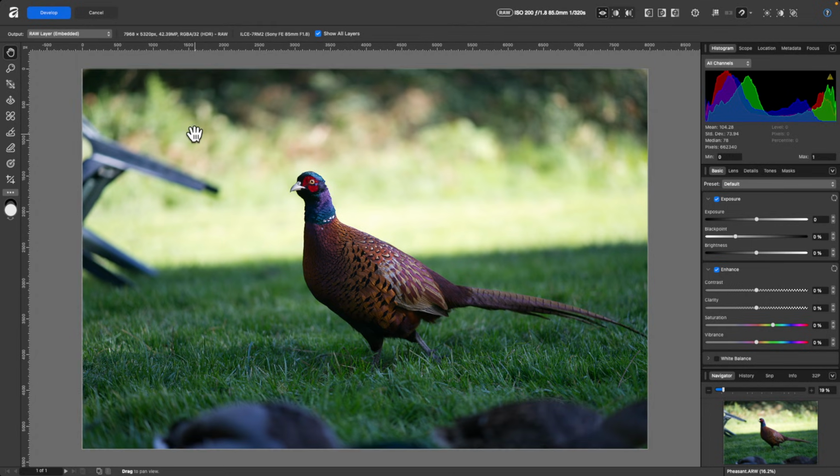So when you first open a RAW photo in Affinity, it will open up in develop mode, and you can see some of the tools and panels look slightly different, and they're all geared to making these initial adjustments. But just to note, by default, Affinity applies automatic adjustments in develop mode. So you can disable these in the cog item to start with a neutral RAW image.